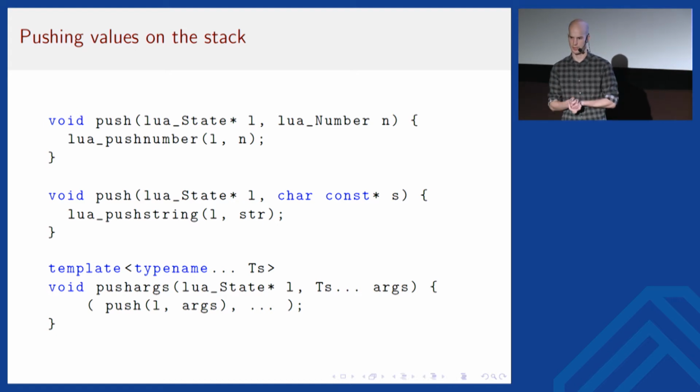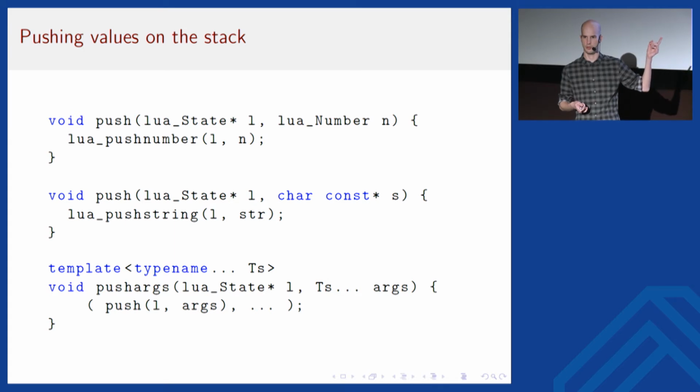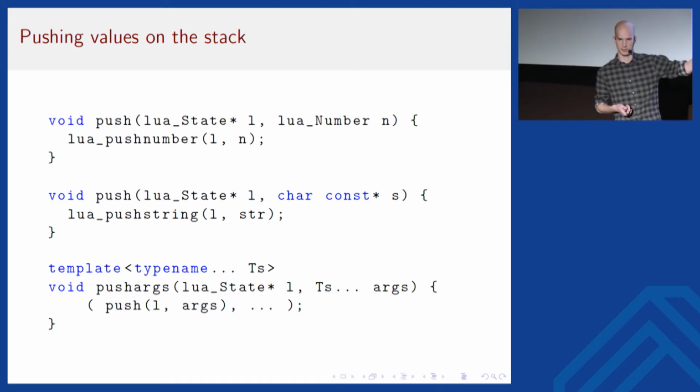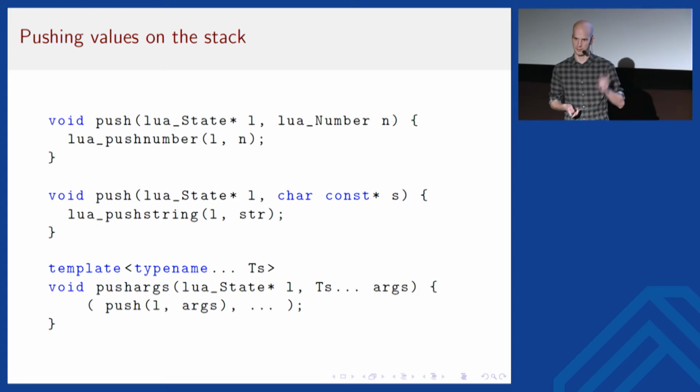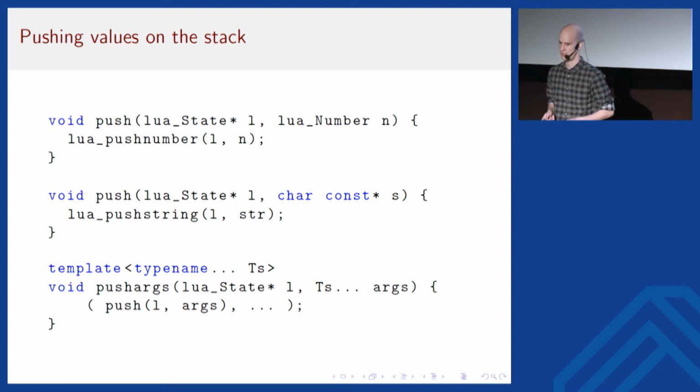And I don't know how many of you are familiar with this syntax down here, where the push call happens. This is a new feature in C++17 called fold expressions. Basically what that means is it will make one push call for each of the arguments in order. And the cool thing about C++17 is that the order is actually guaranteed if we do this for the comma operator, even if the comma operator was overloaded, which in this case, fortunately, it's not. But that's a nice addition that we get there.